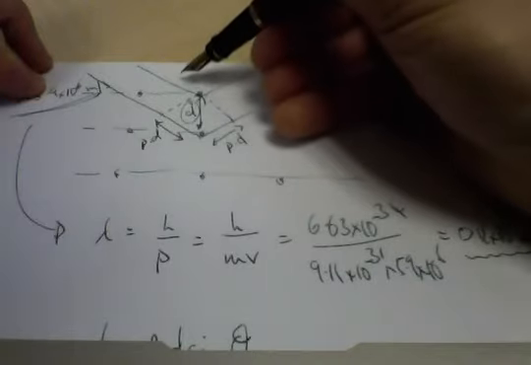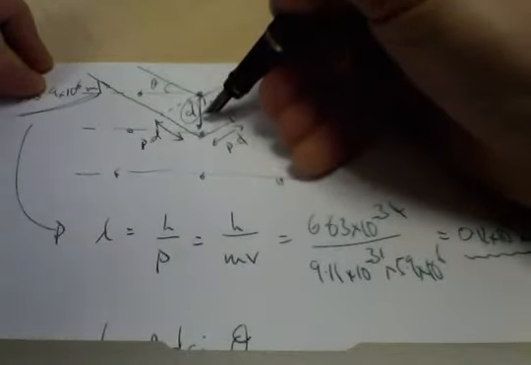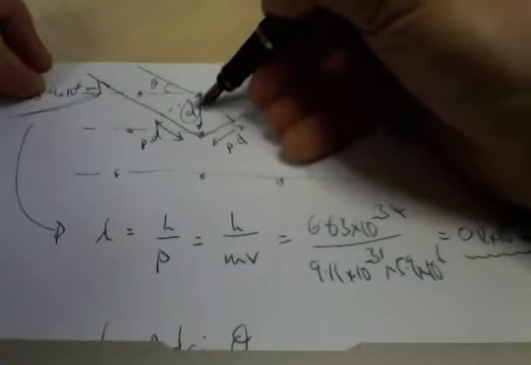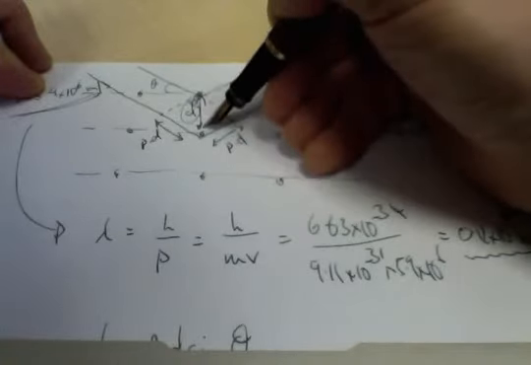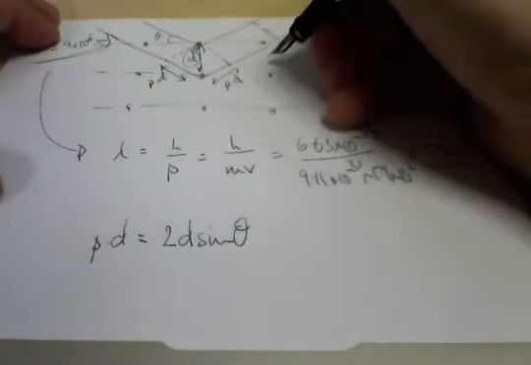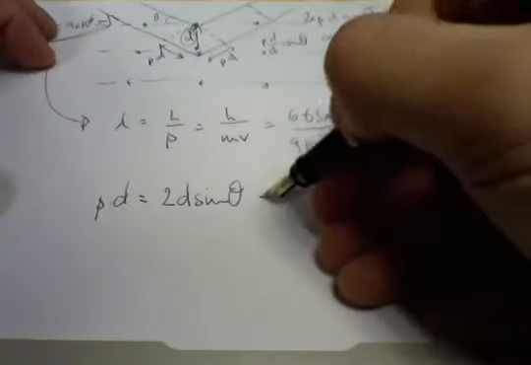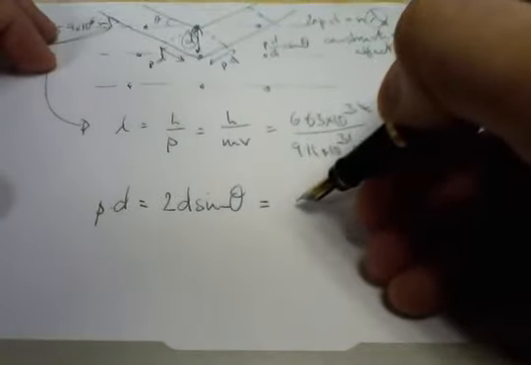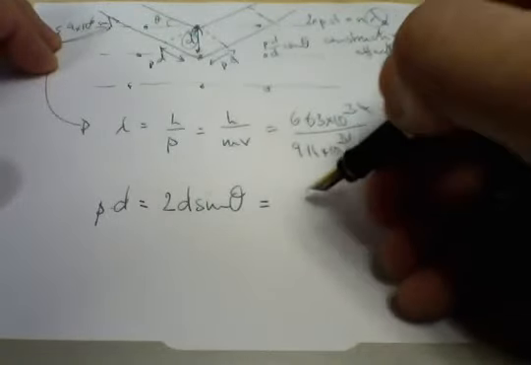The incoming ray was running at theta, and opposite over hypotenuse gives you sine theta, so path difference over d is sine theta, and you want 2 lots of that. They knew this was taken at, I think they were looking at 50 degrees,